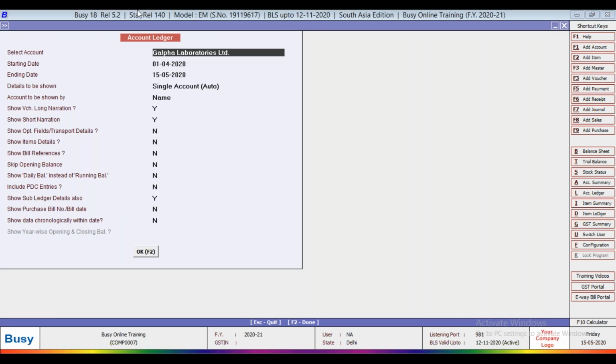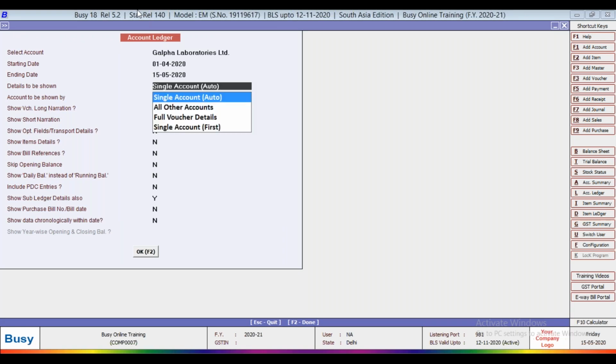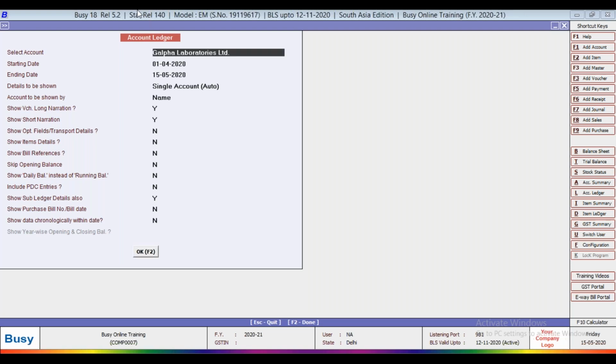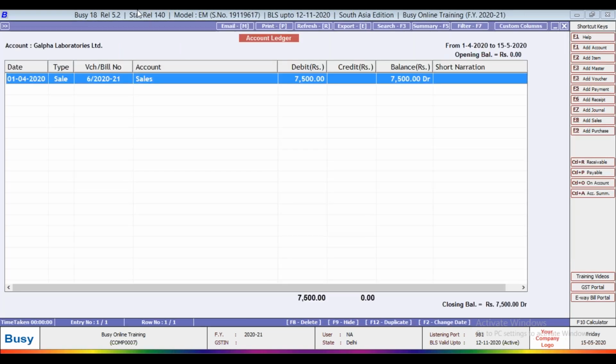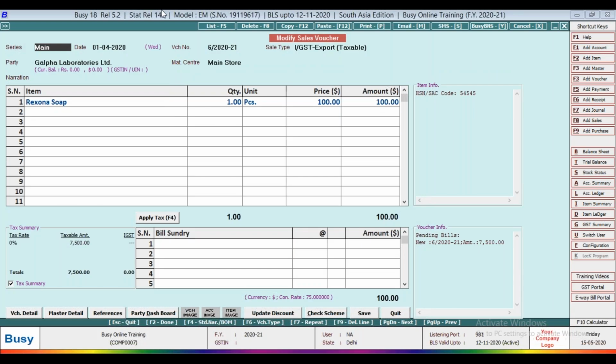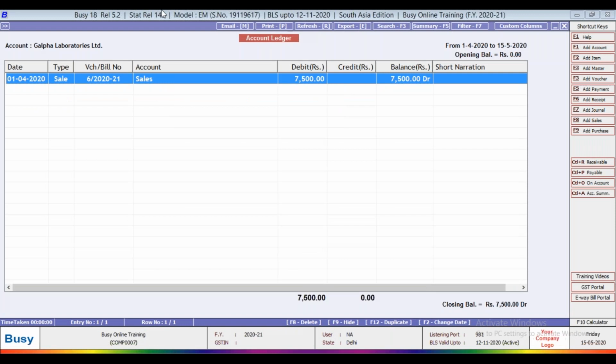So the invoice amount is $100, but in the accounting ledger it is showing as 7500 because you have defined $1 as 75 rupees. So $100 is 7500.